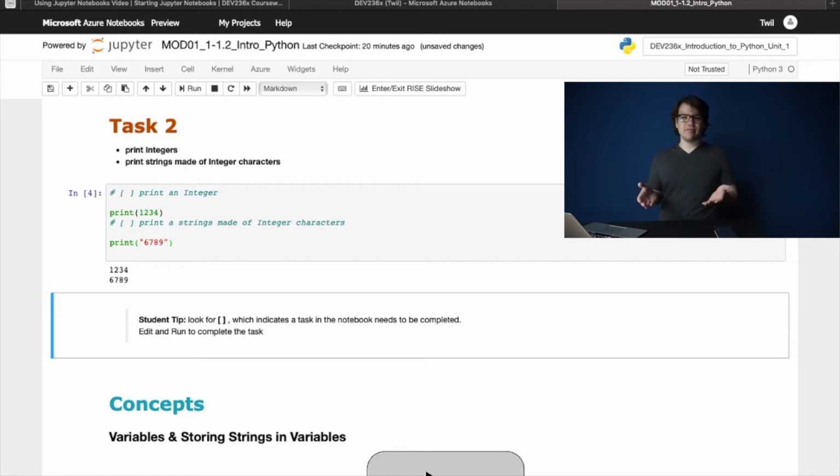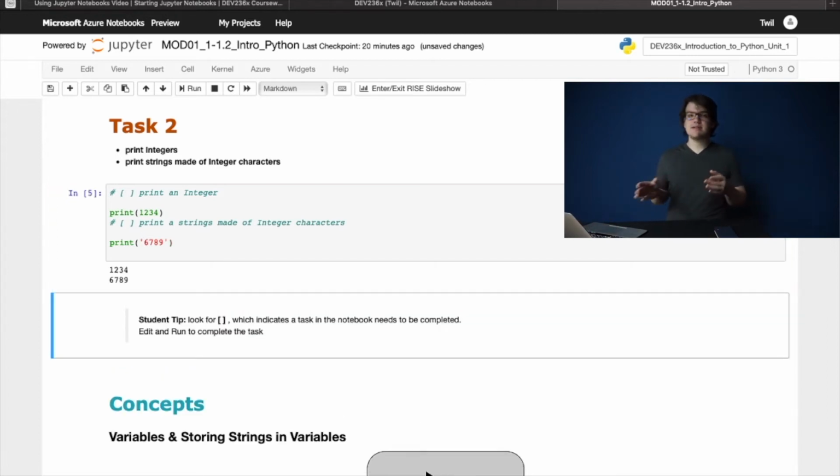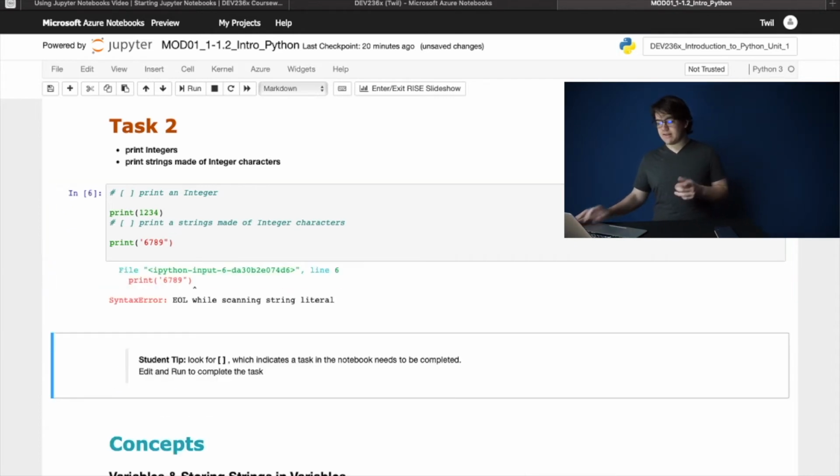So it's an output there, so it's great. Actually, let me change the quotes here. And you can see it's the same output. So it doesn't matter if you put a single quote or a double quote. But let me show you what happens if you put a double quote at the end and a single quote at the beginning, or vice versa. It's an error, like I told you, so it won't run.